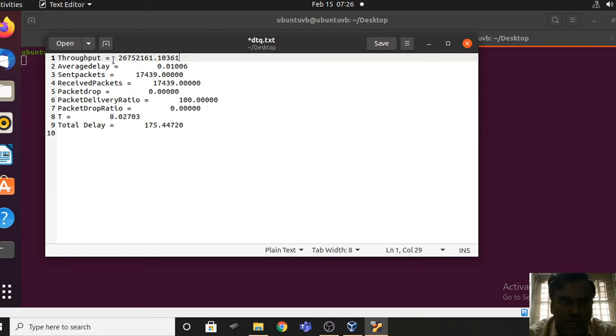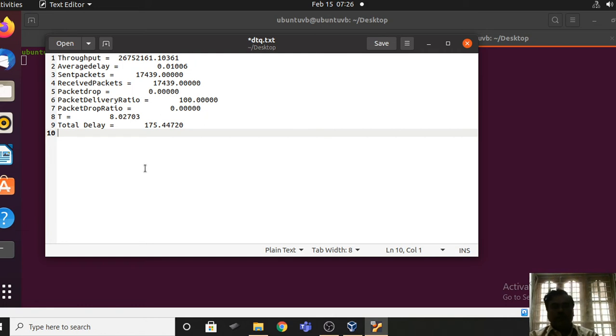This is the throughput. After simulating for different cases, if you want to plot a graph, you can plot.